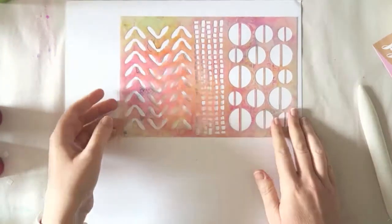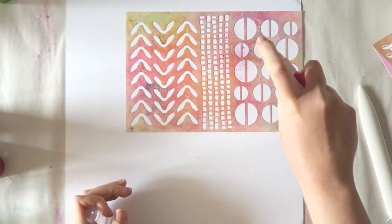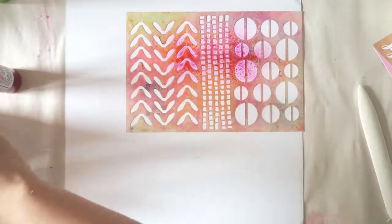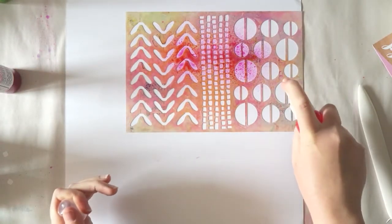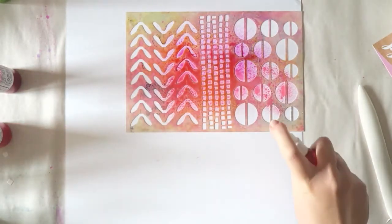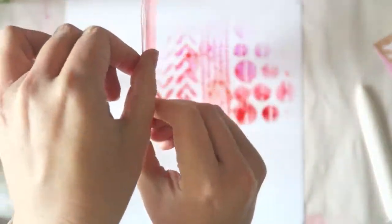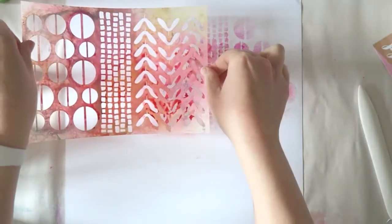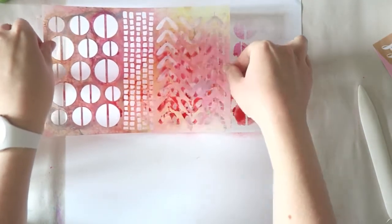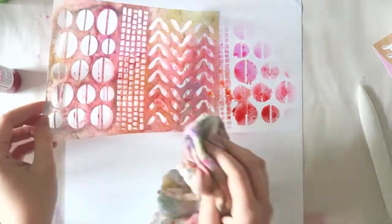I'll tell you in a minute the colors that I used, but I'm using this Dina Wakley stencil and a piece of watercolor paper, which is actually made by Ken Oliver. So it's a 12 by 12 watercolor paper, and it works really well with all these liquid mists. So basically what I'm doing is exactly that. I spray the stencil and then I flip it and use it like a stamp,